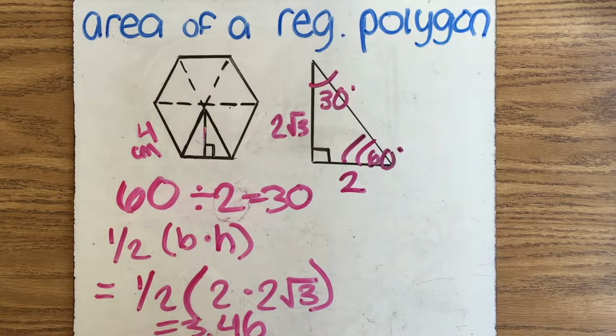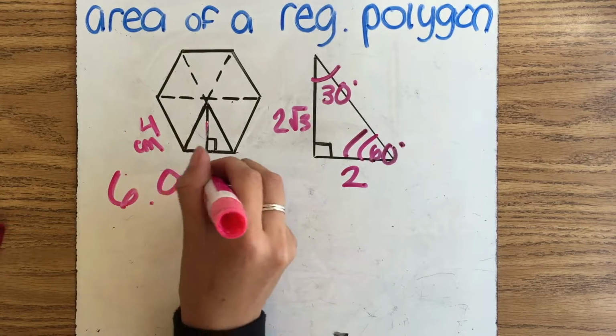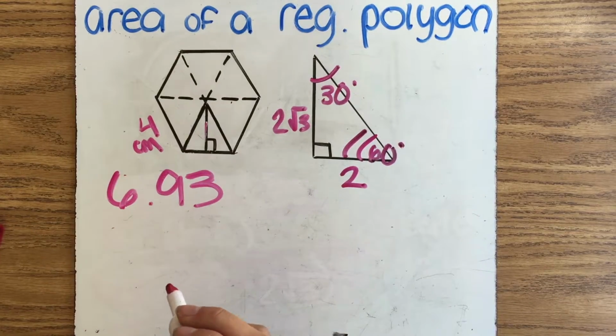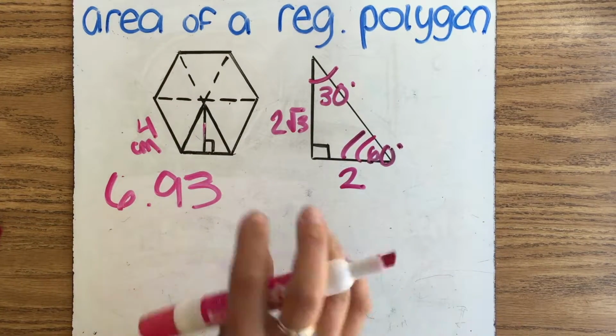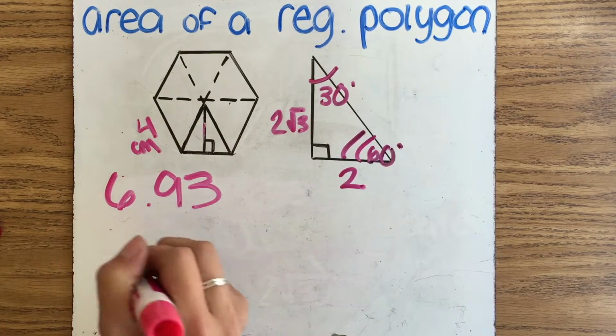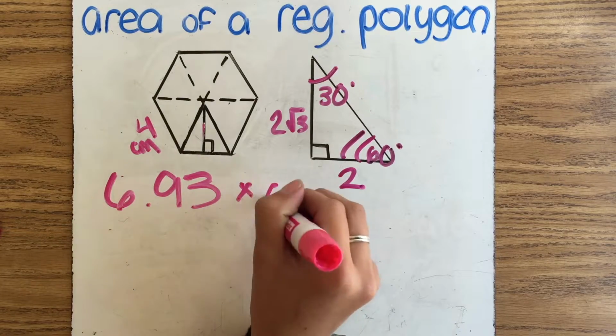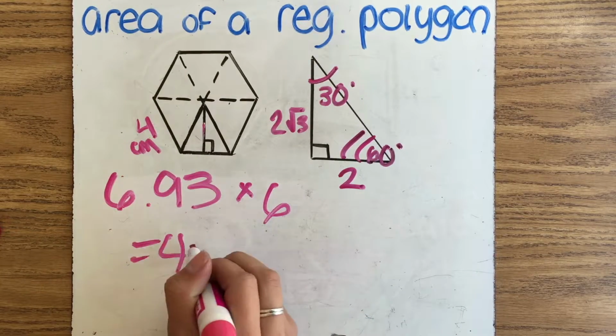3.46. Now, to get the area of that triangle, we're going to double that number, which gives us 6.93. 6 sides, 6 triangles, because it's a hexagon. You multiply the number by 6, so times 6, and you get